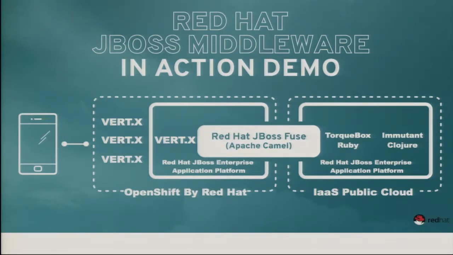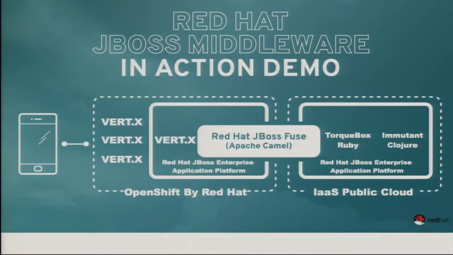For the back end, we wanted to cobble together a nice app really quickly, so we wrote it in Ruby and Rails, and we deployed it on TorqueBox. And we had to do some computational stuff, so we wrote that in Clojure and deployed it in Mutant, which is our Clojure app server. And to connect these two things, to connect our TorqueBox with our Vert.x, we used Apache Camel. And it's talking Stomp, the messaging protocol, off one side, and then directly participating in the Vert.x bus on the other side. So that gives us a way to flow messages all the way from TorqueBox to the end client